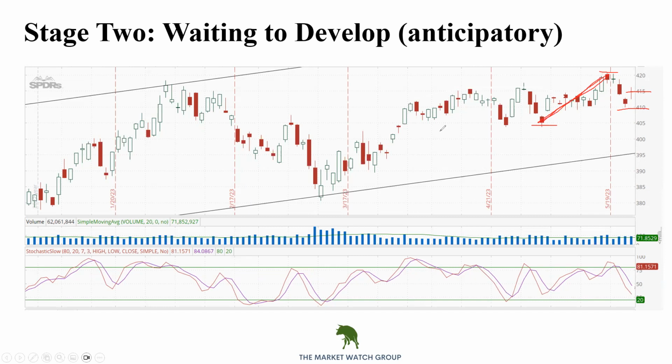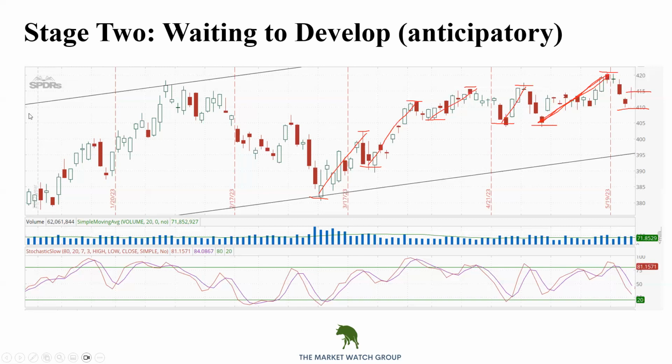Something that moves like this. You can see, some of them happened even faster than that. Some of them, we have a couple like this. Some of them aren't as big. That wasn't as big. That wasn't as big. So we're hoping for one of these big ones that gets us up into this area up here, right up near 430, 435, something like that. We don't know yet, but we're starting to think about that, right? This would be an anticipatory trade.